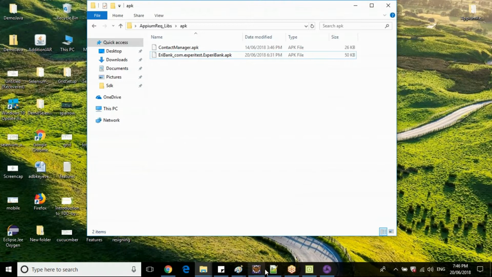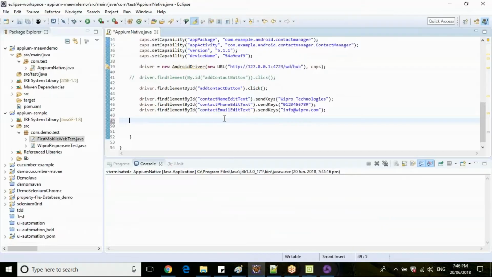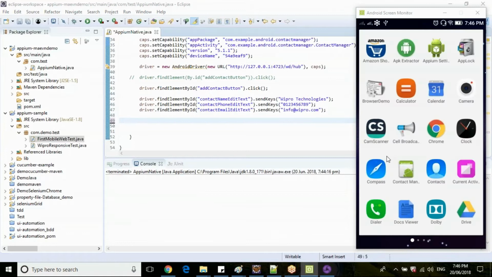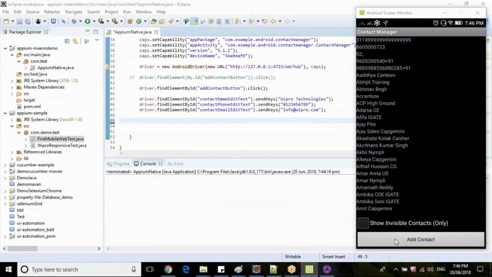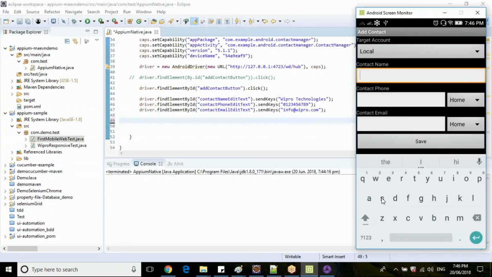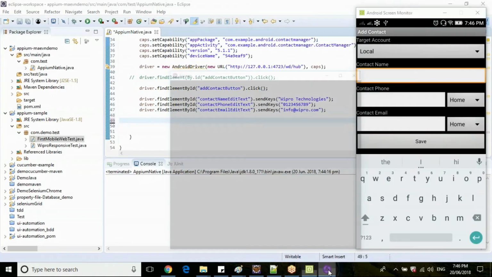Yeah. So before that, we will do one drop down here. Okay. So for drop down, let us inspect the element here in contact manager. Okay, add contact. So open your UI Automator.